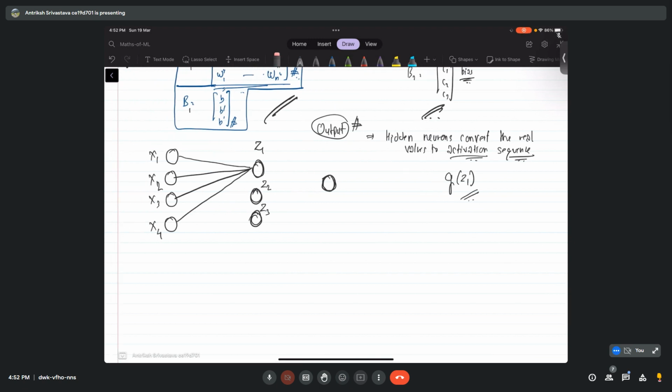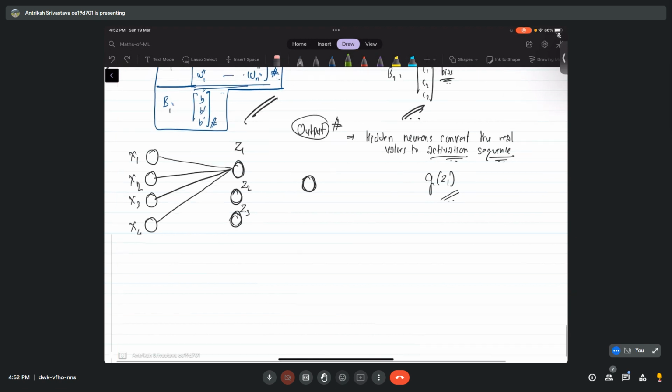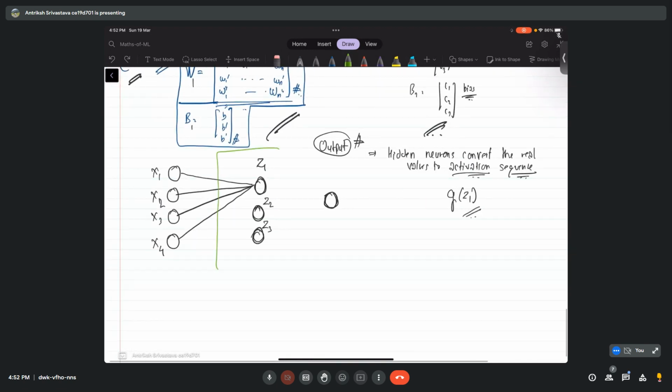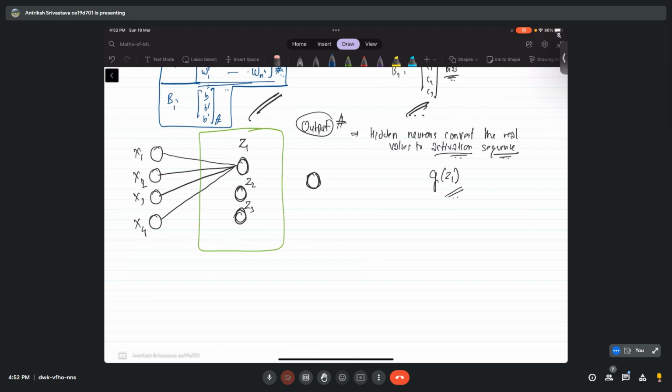Okay, so one activation function that is most common in the hidden layers, that shows a threshold kind of behavior, is called the sigmoid function. So g(z) is a sigmoid. Whatever the value of z1, the output of this sigmoid function is going to be between 0 and 1, excluding both. I would have shared this function with you in previous sessions. It will become asymptotic to 1 and 0 for the positive and the negative extremes.